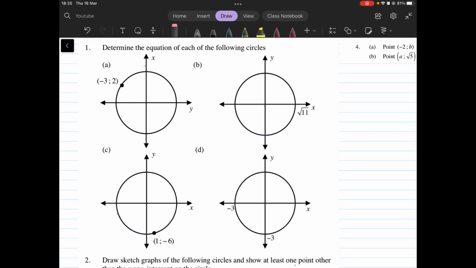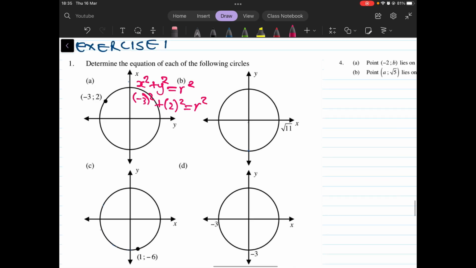The center is at the origin. As you can see, we are required to get the equation. So because the center is at the origin, the standard equation is actually x squared plus y squared equals r squared. And we are given a point. All we need to do is just substitute that point so that we can know what our r squared is